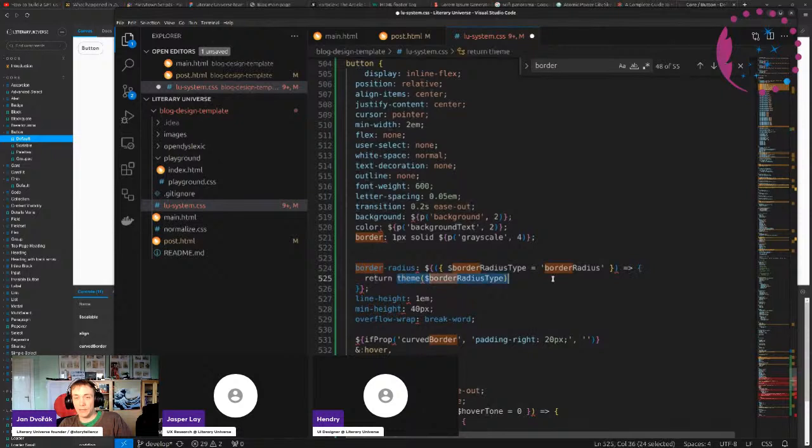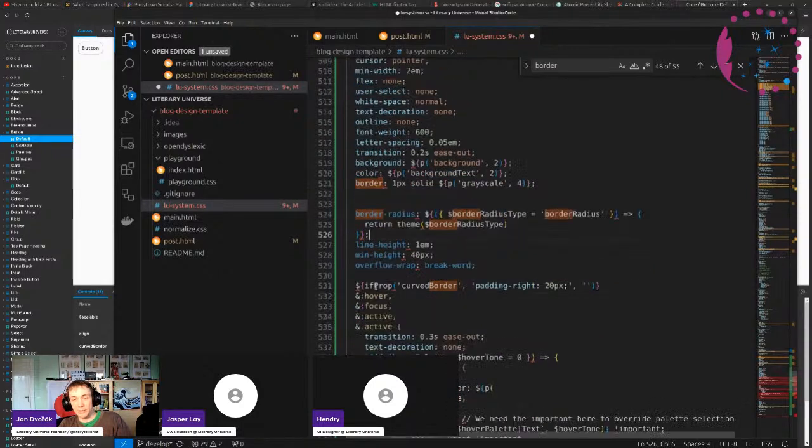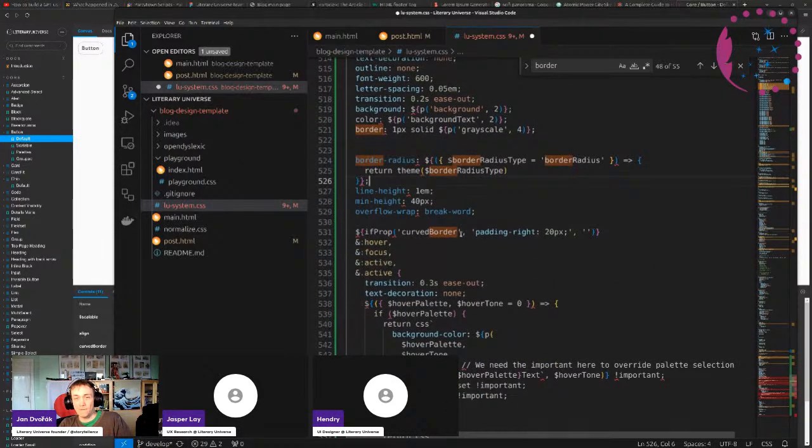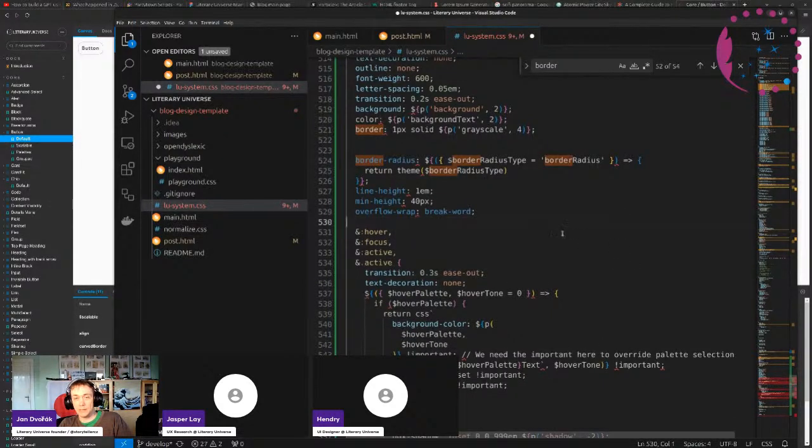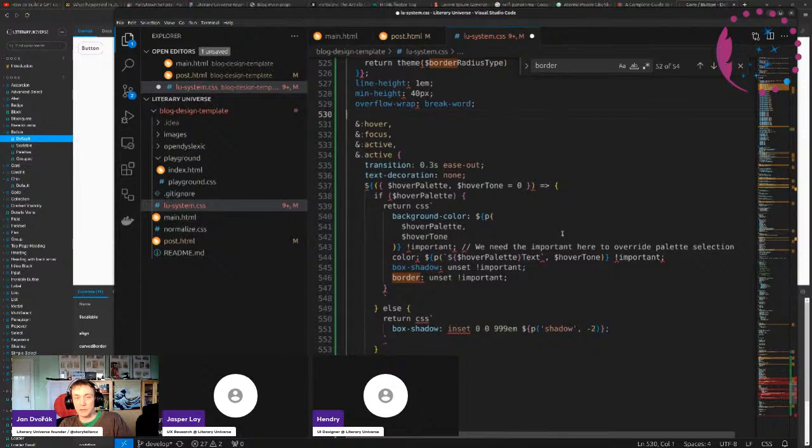I will have to add here the default border radius. If prop border, we don't have to worry about that anymore. And if it's active,